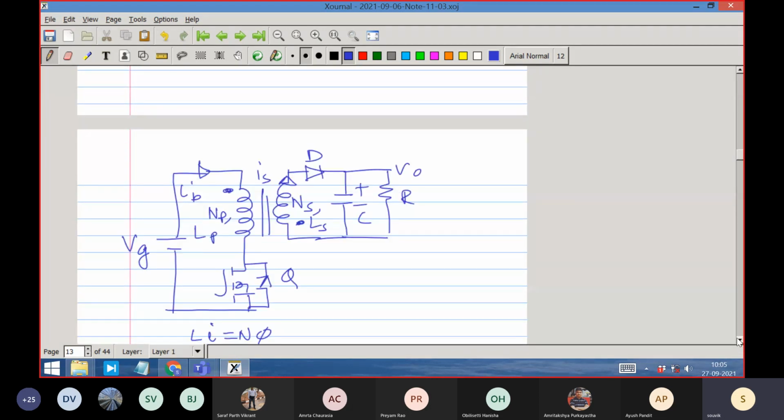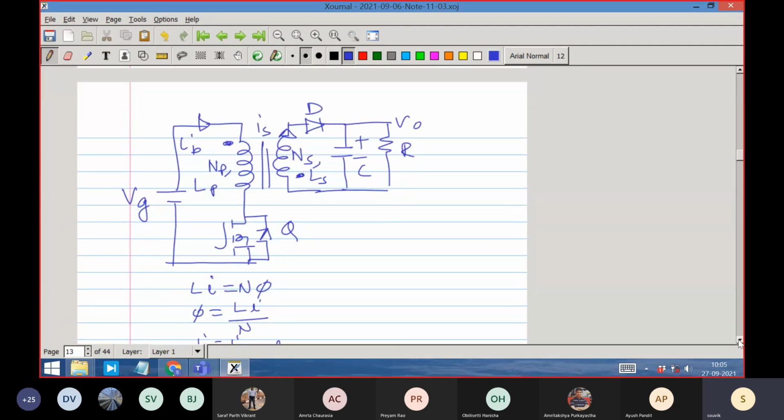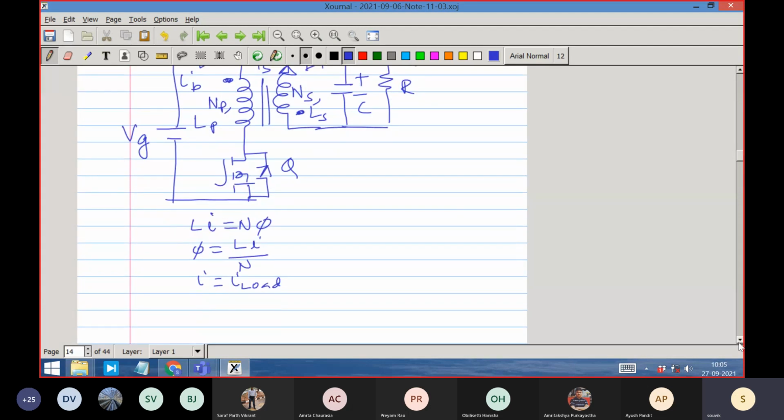So that is the meaning of ID average. The capacitor current is 0, so always at that node, whatever is there, that point's average must be equal to the output current average. And the average is computed over the TS period, over the entire switching period. Keep these simple things in mind.